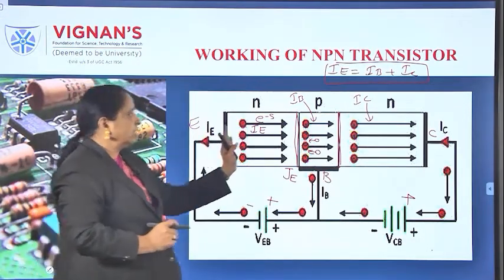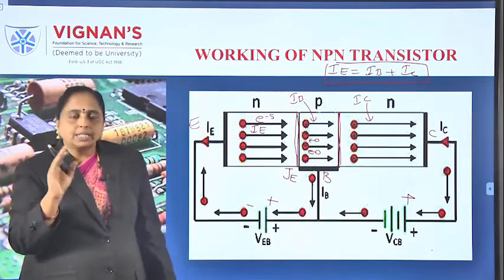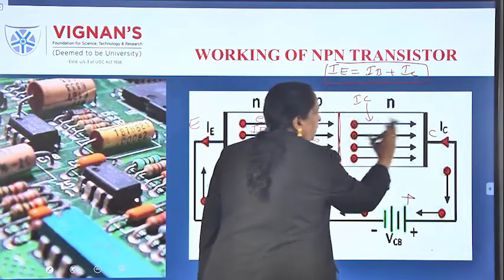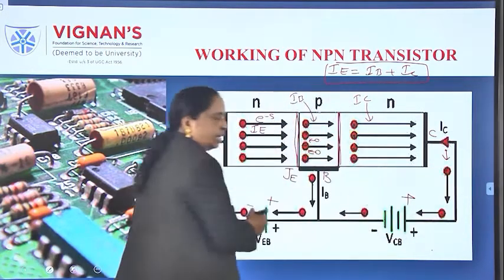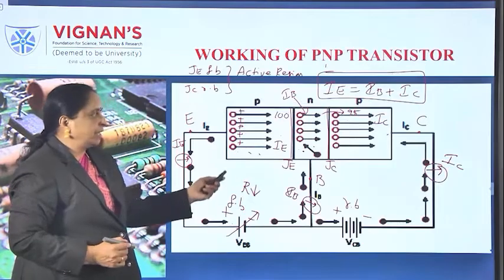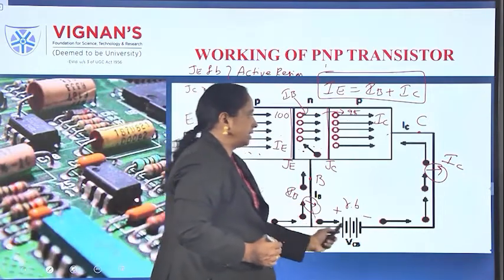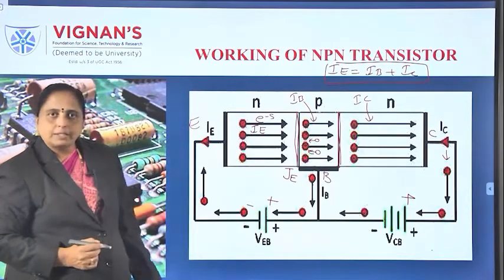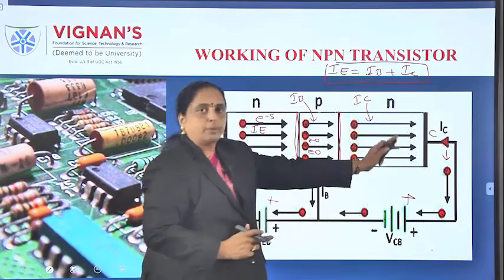Similarly, whenever the electrons reach here, you know that the current in the external wires is due to electrons only. Therefore, electrons are coming out. That's why, see the direction of current and the direction of electrons coming like this. In a PNP transistor, electrons come out from the emitter, reach the base and then the collector also. Whereas in an NPN transistor, the direction of current is like this because electrons are coming out.